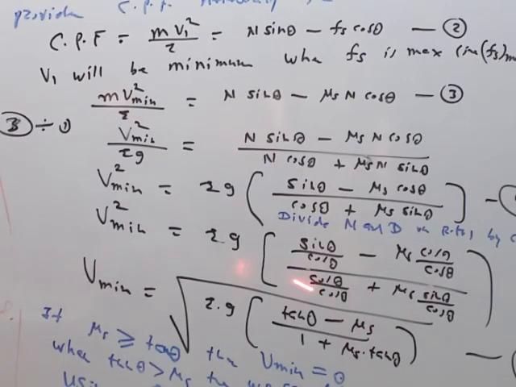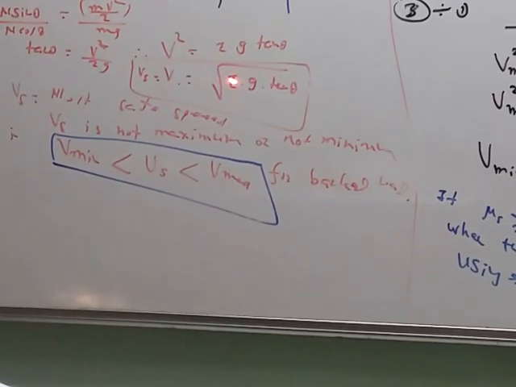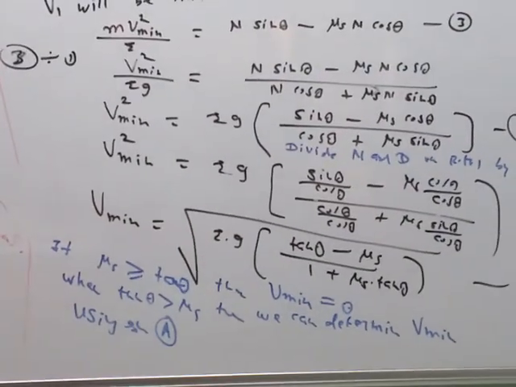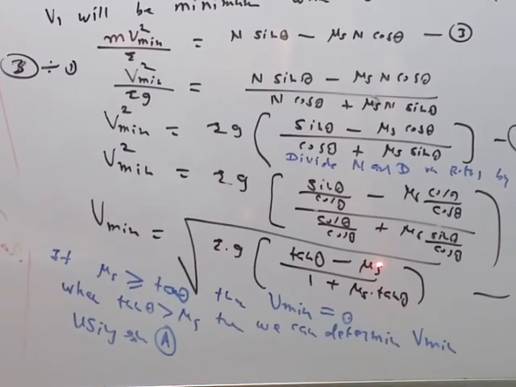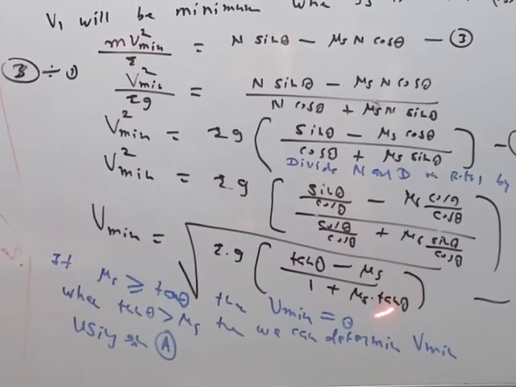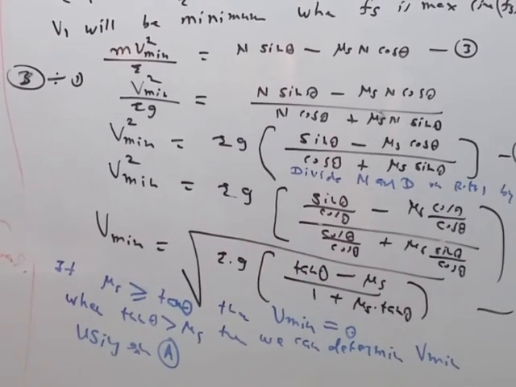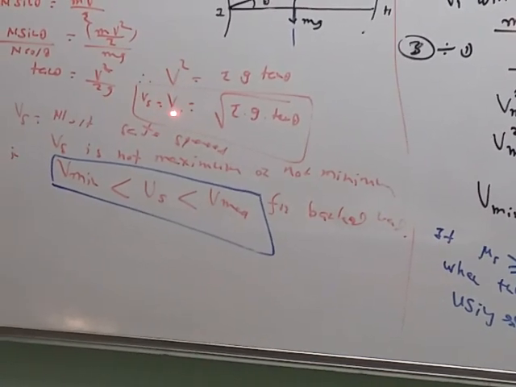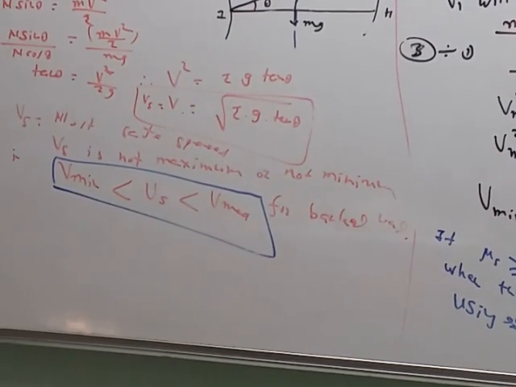जर आपण mu s 0 करून टाकलं तर v minimum is equal to root r g tan theta, पुन्हा आपल्याला सेफ स्पीड लिमिटचा फॉर्म्युला मिळेल. लक्षात. So when this force of friction is neglected, then we will again get the same relation. If in this equation of minimum speed limit, mu s is neglected, mu s is equal to 0, then this term will become 0, this term will become 0, and the bracket has only the value tan theta. So under root r g tan theta. So we have already derived that equation here. So it will give the most safe speed limit when mu s is equal to 0, like this.